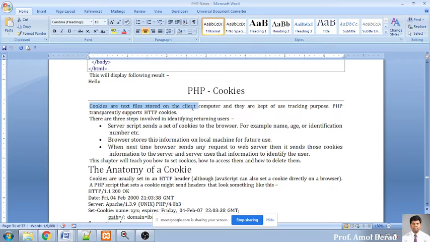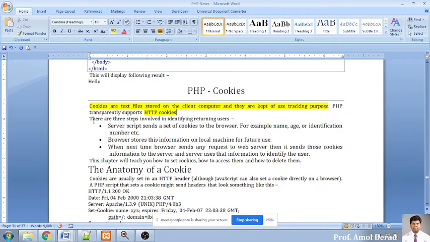So the notes, so cookies are text files, you keep in mind these are always a text file stored in the client computer and they are kept for tracking purpose. They are used for the purpose of tracking. जैसे मैंने बोला है कि these are only used for the purpose of tracking, किसने रिक्वेस्ट दी थी और उसका ट्रैकिंग वो कर सकते। So PHP transparently supports HTTP cookies. This is the most important thing that HTTP needs to be supported by the PHP. अगर नहीं किया तो you cannot do a database connectivity program or you cannot do your username and password connection, a dedicated connection to your